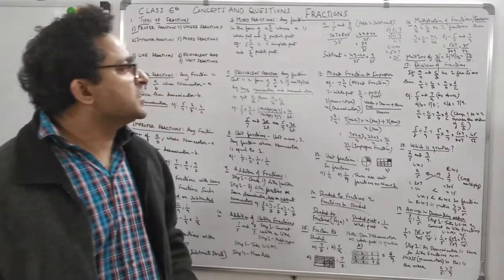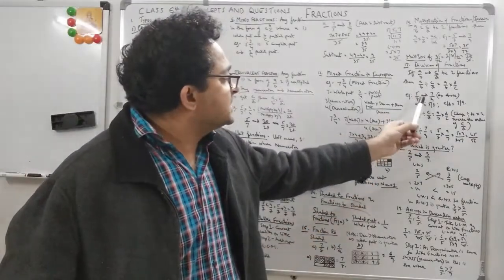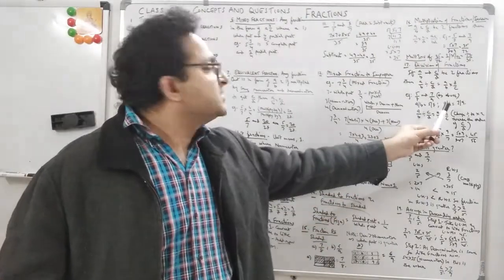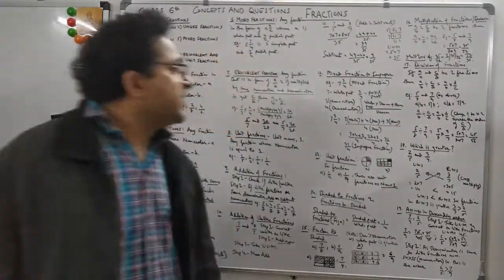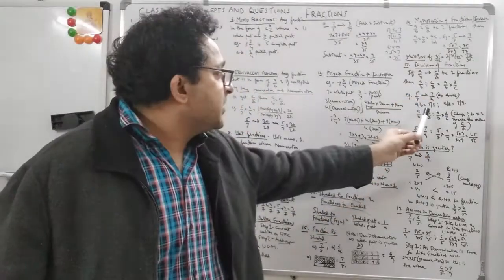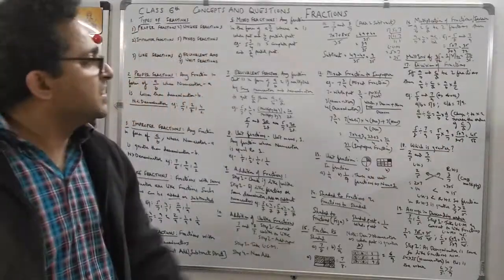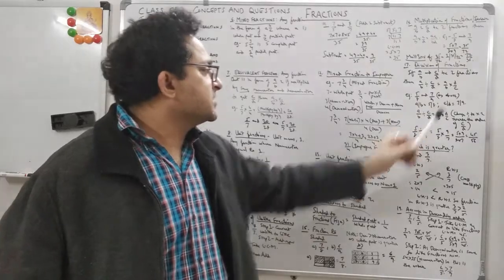So I'll practically show you now. Suppose the two fractions are 5 by 8 and 7 by 9, as above, right? So basically we have taken two fractions. Now I have mentioned here a by b is equal to 5 by 8 and c by d is equal to 7 by 9. Clear? So students, a by b divided by c by d is equal to, the formula is a by b into d by c.